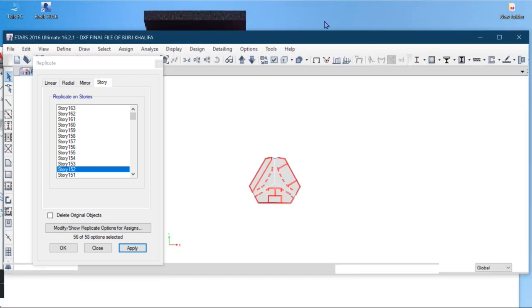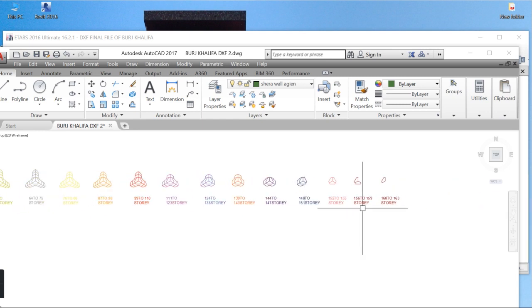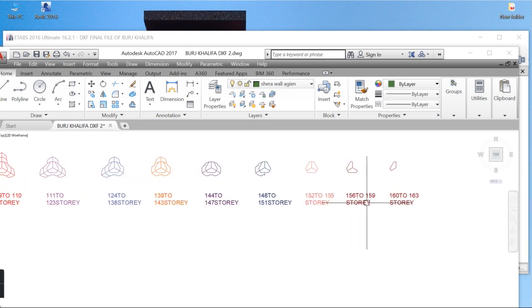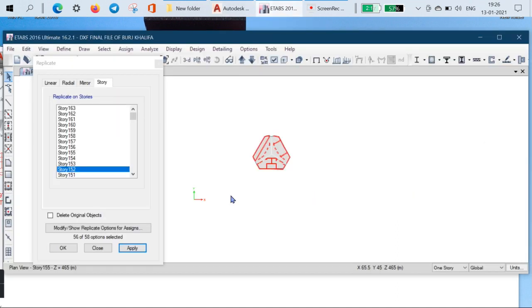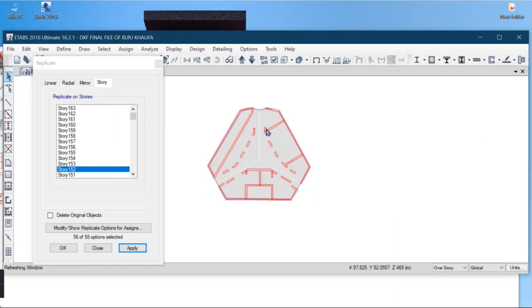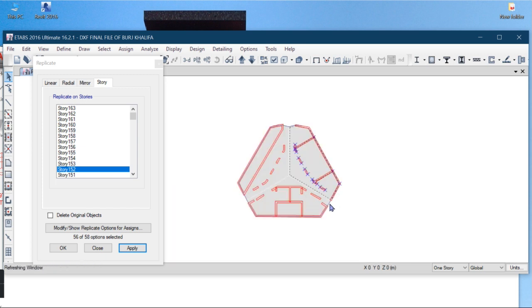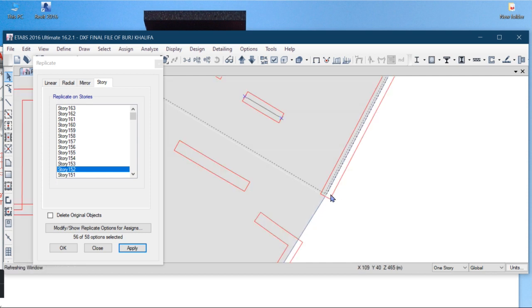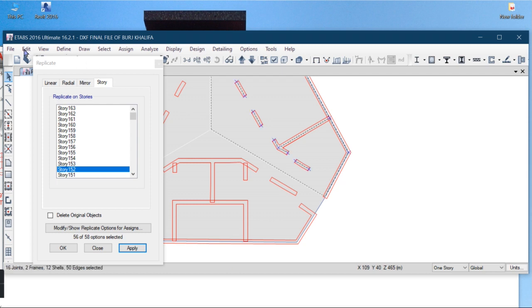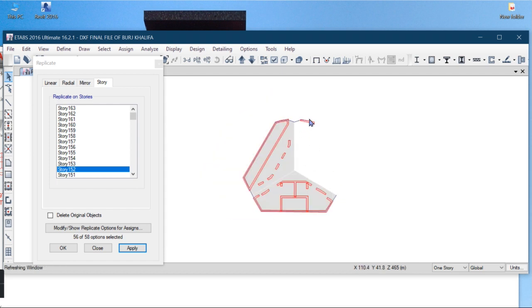So now what do you have to reduce? You have to reduce 155 here, this part, and again this 159, then 63. So you have to delete it also.